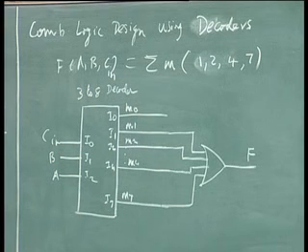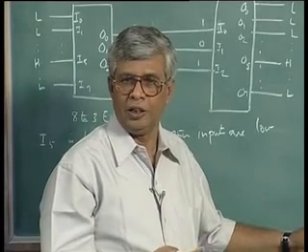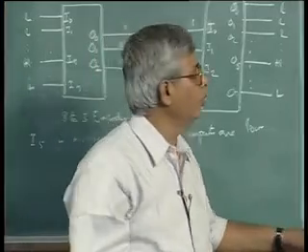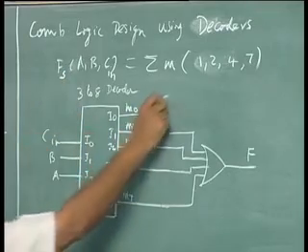Is it the only function I can realize? If I have one more function using the same minterms, I can also get it. Suppose I want the carry also in this, can I use the same decoder for this? Of course I can. So my carry would be, I will call this F1 or F sum, F carry out